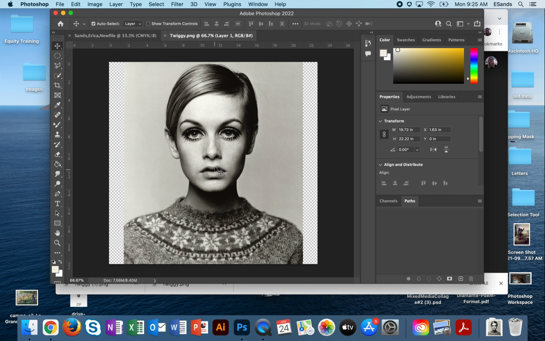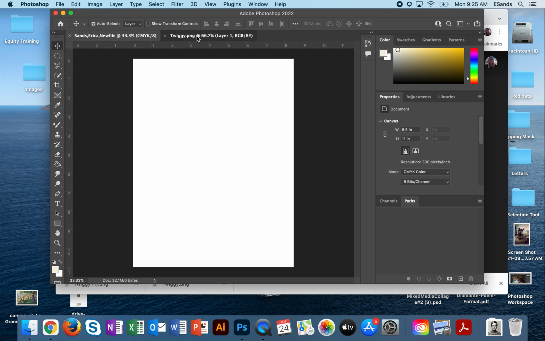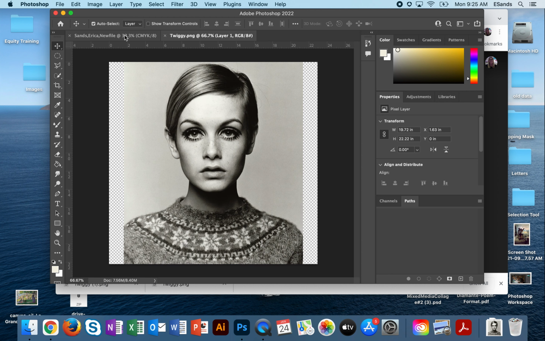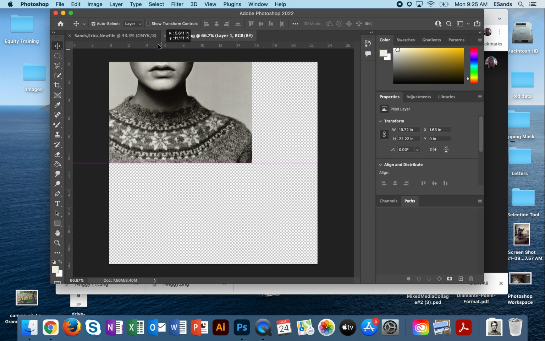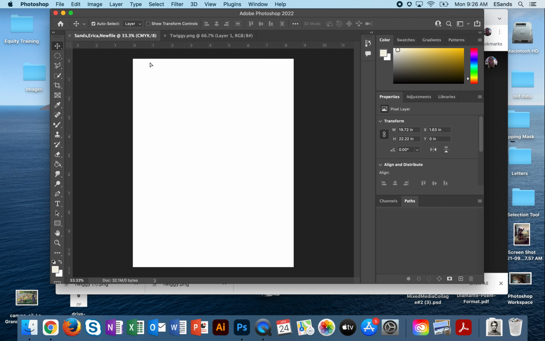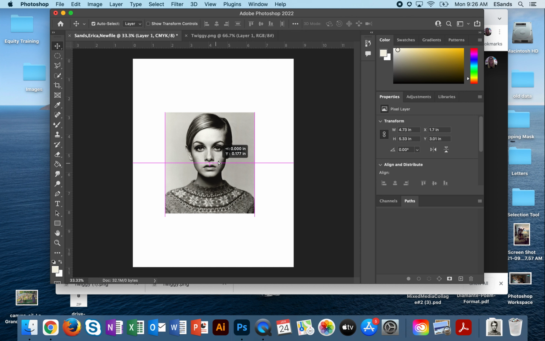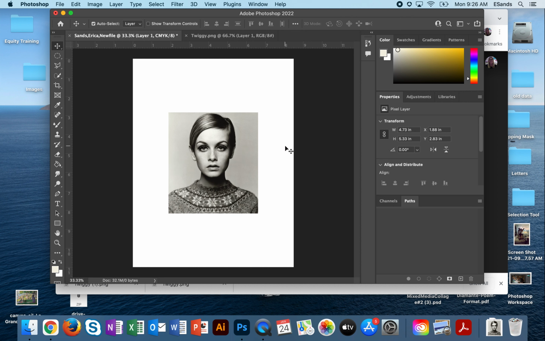You're going to notice that it is not in the file that we just created. We need to grab this file, or image, and move it into our new file. We're going to take the Move tool at the top of the toolbar, and the trick of this is not to let go of the mouse, to stay consistently held down all the way down until you get to your workspace. You can place this wherever you want it to be,